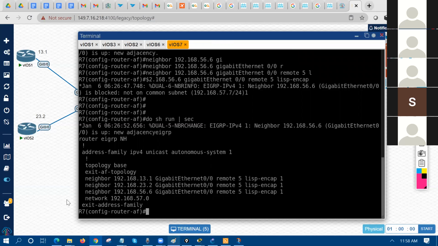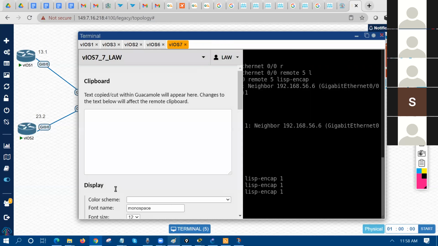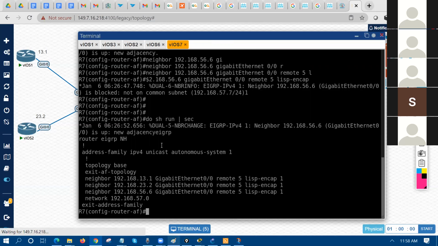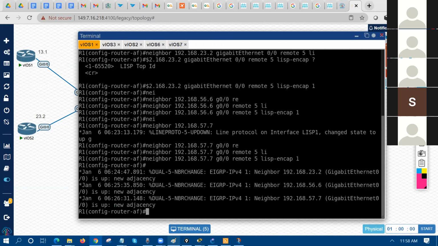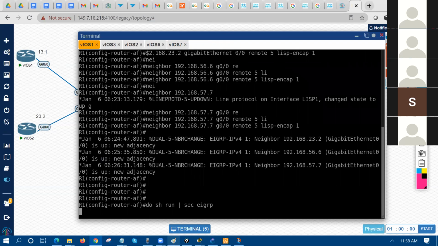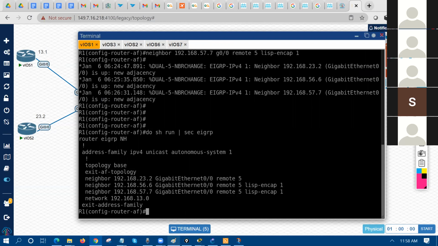Now I'll explain why this is happening. Don't worry. I didn't define this, right? I didn't define the network 57.0.0. If you go back to router number 1 as well, I haven't advertised the 13.0 network either. If you see, I haven't advertised it. If you go back to router number 2 as well,